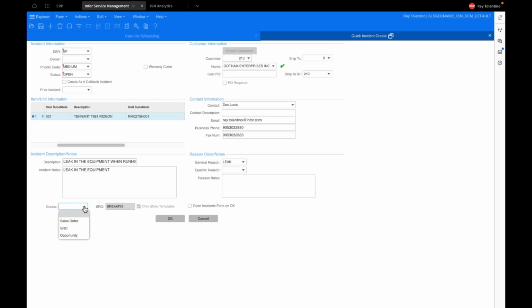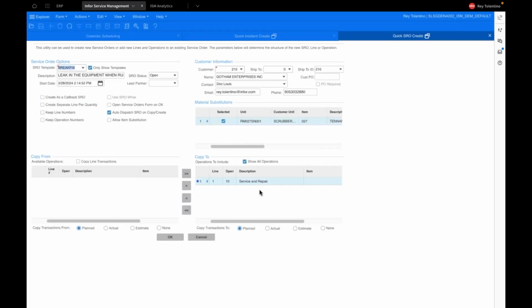And of course, fix the problem for that customer. And what does the customer want us to do? Well, the customer wants us to come on-site and go ahead and fix the problem. So in this case, I could now create the service request order, click OK. The incident will be created in the system for us to be able to track, and then also allow me to create this service order in the system. I could add additional notes to it. I can take a look at the information again, click OK, and once that order is created in the system,